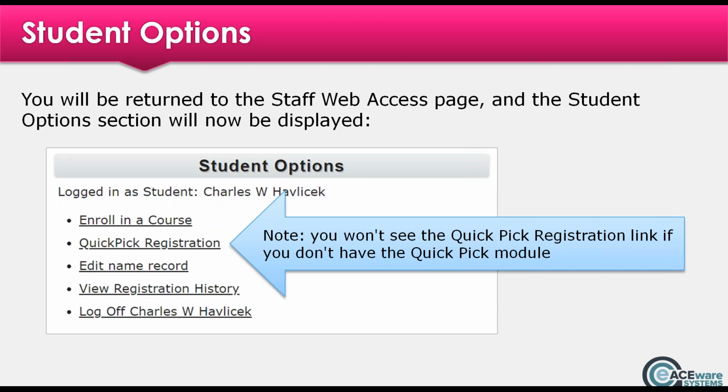You can also edit their name record, view their registration history, or you have the option to log them off so that you can log a different student on. So let's look at some of these in a bit more detail. Before we do that,